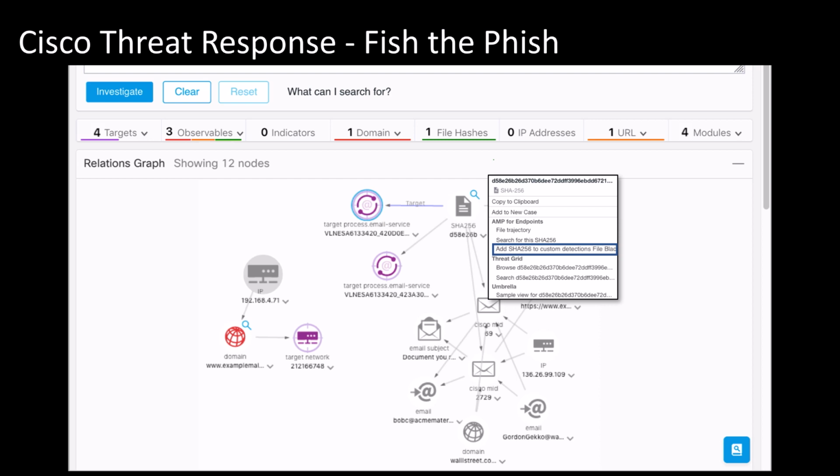So the corporate side saw it and blocked it. Gmail didn't see it, obviously, and it was executed on the endpoint because it made that connection to that domain, which was blocked in Umbrella. And then what we're doing here now, though, is going to the endpoint AMP to say, look, if you see